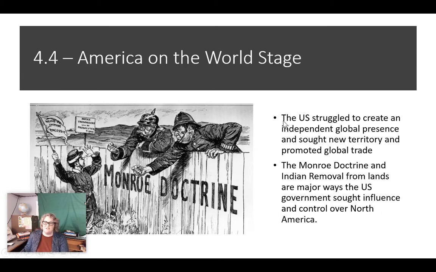Okay, that's pretty understandable, but there is a major doctrine or policy announced by the United States in 1823 called the Monroe Doctrine. The Monroe Doctrine basically says that the United States will be the policeman of North America. And it's really fun to learn about this one because the United States was not strong enough to back up